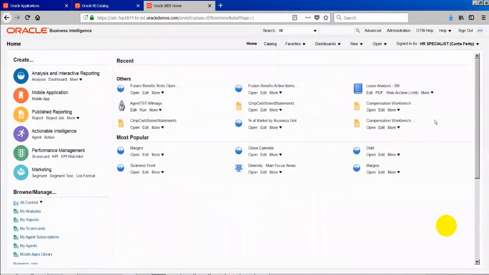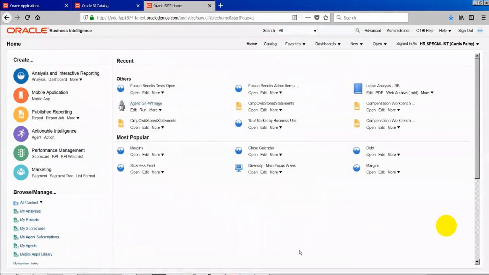Once we land in this BI server, which is basically a different server, it is the place where we can write the queries. We are going to have an in-depth session on what each component is.